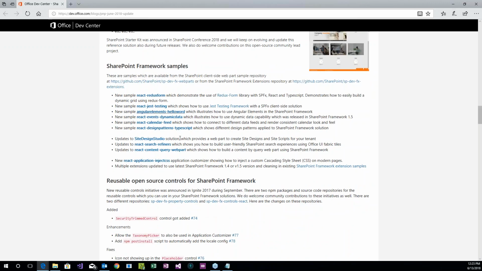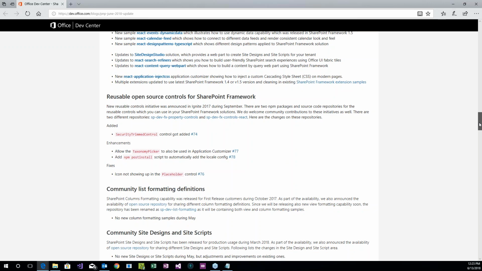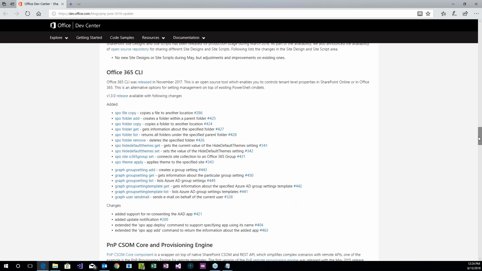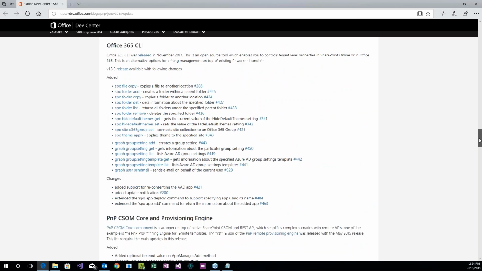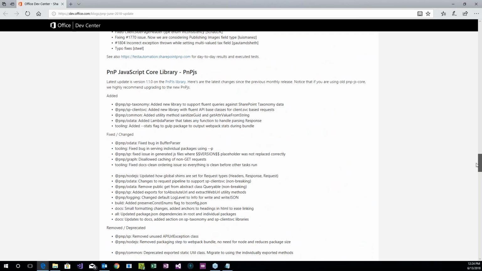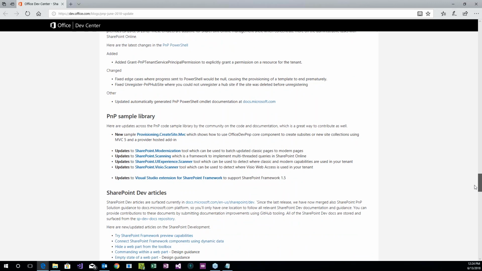Gotcha. Same thing here. Framework examples. There's a bunch of things over here beyond what I'm going to show you in a little bit. And they go through a little bit of details. The Office CLI is getting to be the way of getting things done. So put your PowerShell aside, get used to the CLI, remember to give it the love. Provisioning stuff, okay, you can go through these.